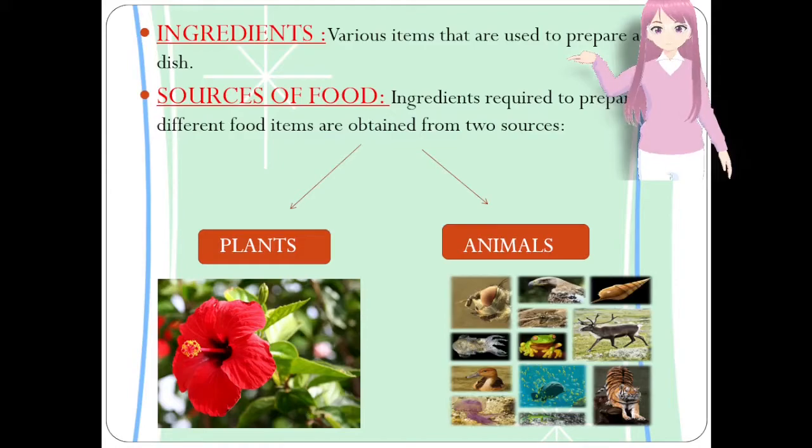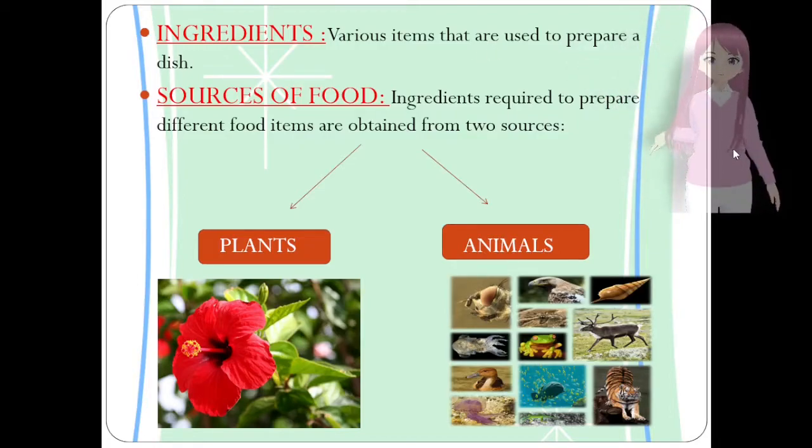Now, there are two sources from where you get the ingredients to make the food. What are the two sources? The two sources are plants and animals, right? So you get some sources of food from plants and some sources of food from animals. So this is what our next topic is, that I will tell you what are the foods that are obtained from plants. Okay, so